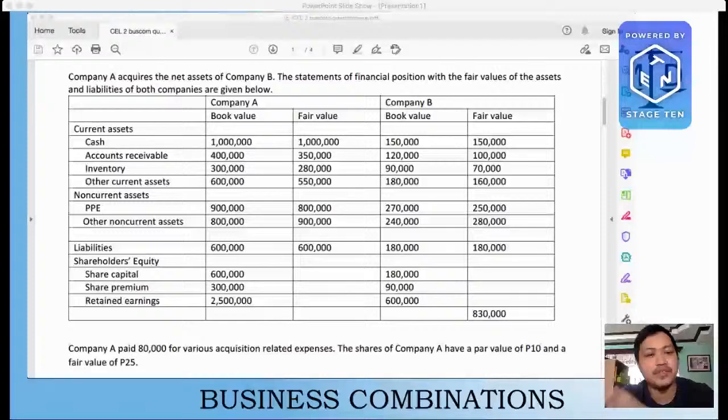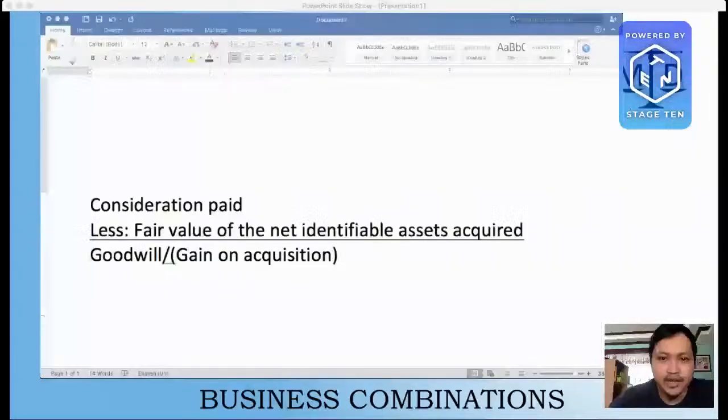Okay, I'll show you the problem I flashed earlier. I apologize. I thought I had already flashed the formula. Again, the formula is consideration paid less the fair value of the net assets. Okay, so the formula for the computation of goodwill or gain on acquisition should be very simple and straightforward. Okay? Going back to the problem, class,